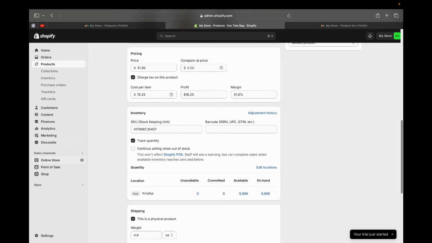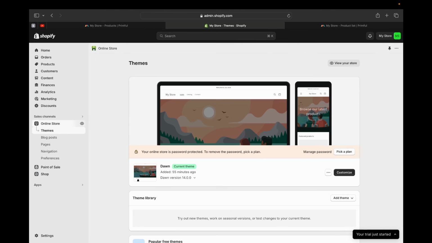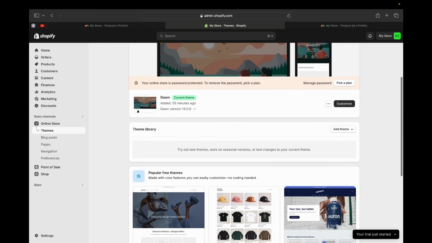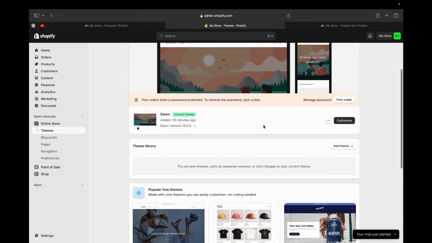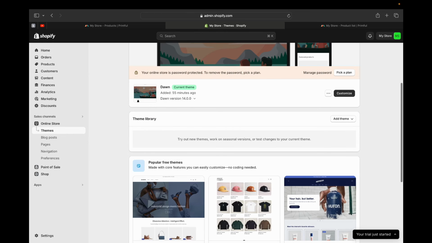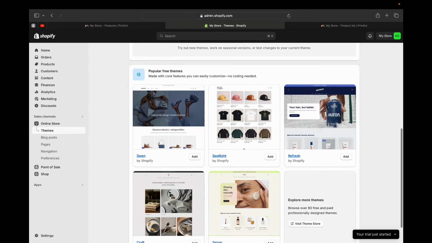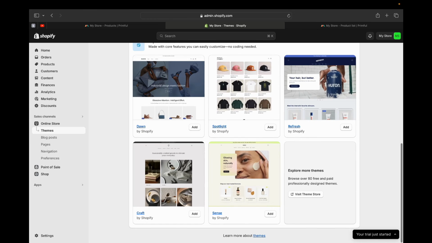Now what we're going to do is finish building up your online store. So click on online store and then come to themes, and this is where you're going to add and customize your store. Currently Shopify has the Dawn theme as the current theme, and you can pick any other popular free themes. If you want to explore all of these themes, click here, visit theme store,